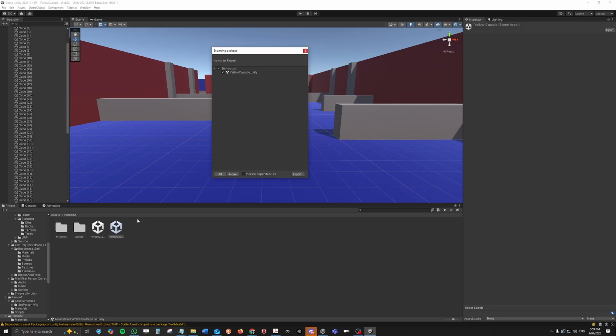So if you just wanted one file, you would untick this, but I recommend for the whole scene and everything in it to bring it all in, and that will include the menu system that you have set up in your hierarchy for that scene, included as a dependency. You simply click Export,